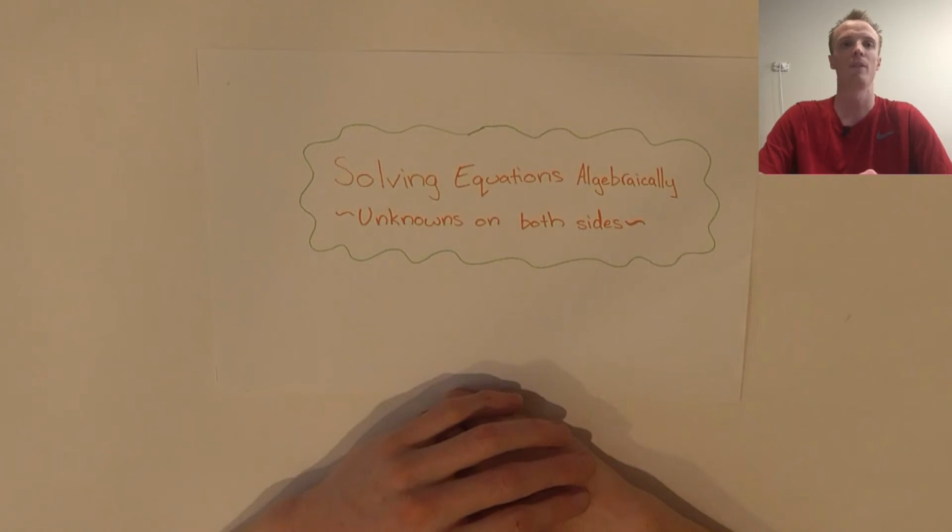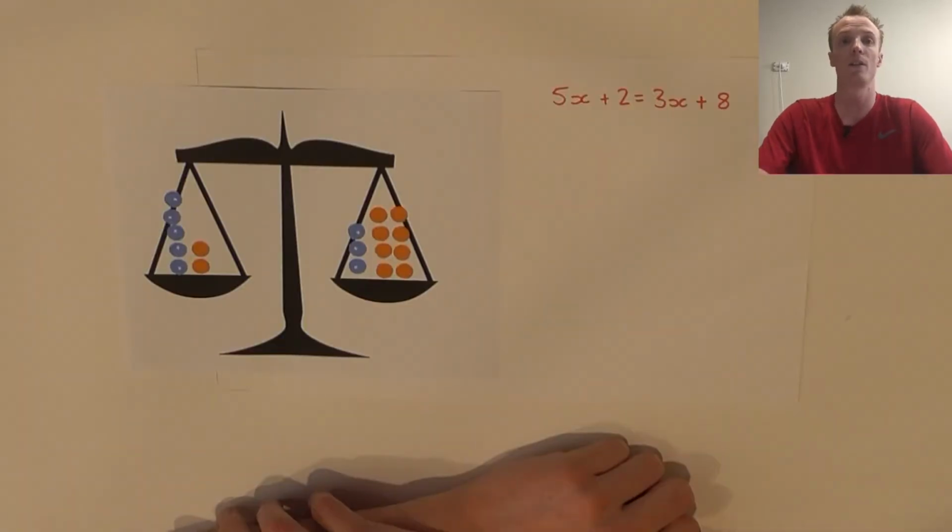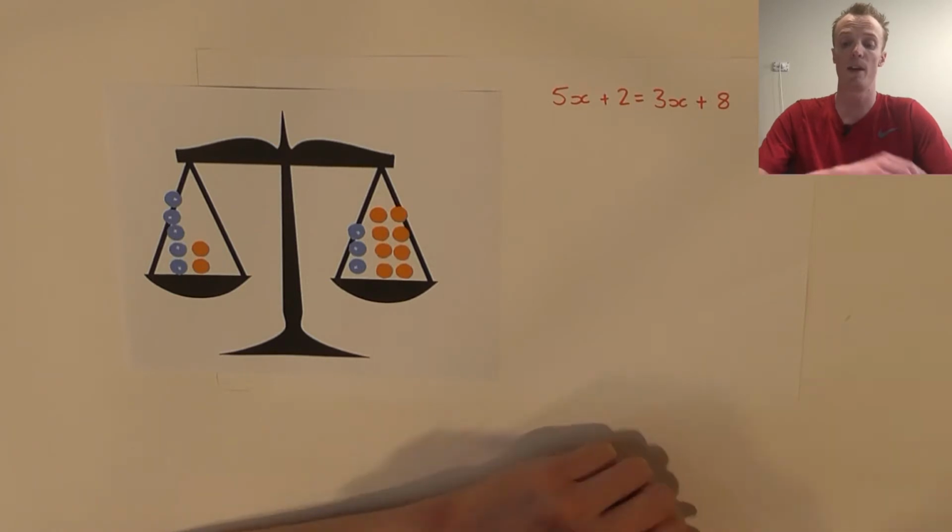Hi, in our previous video we explored the core skills required for solving equations where the unknown is located on one side of the equation. Today we are going to investigate how to solve equations where the same unknown is on both sides of the equation. So let's begin. The first question we are going to explore is where we have on the left hand